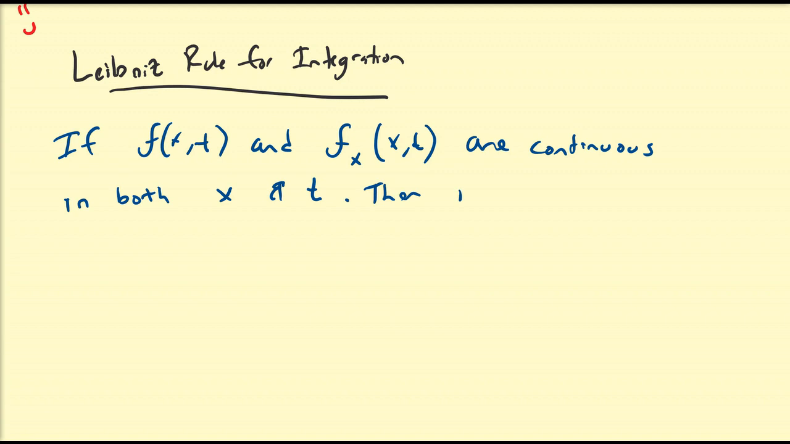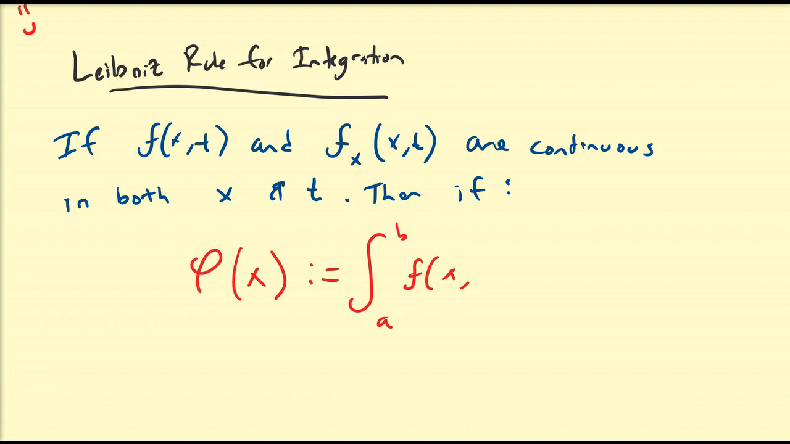Then, if we define some function phi of x to be equal to the integral from a to b of f of x, t dt, where a and b are constants, then if we want to find the derivative of phi with respect to x,